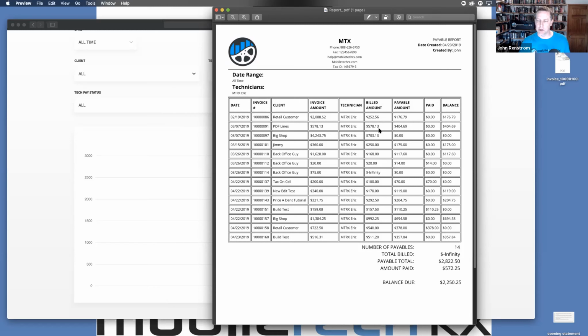But the billed amount will be what the technician billed minus any discounts given to that client. So regardless of whether you pay your tech based upon gross or based upon net, it doesn't matter. The billed amount right here is the amount that this technician